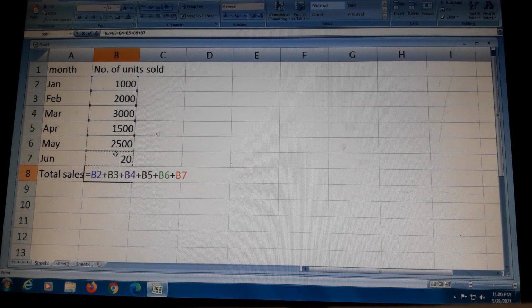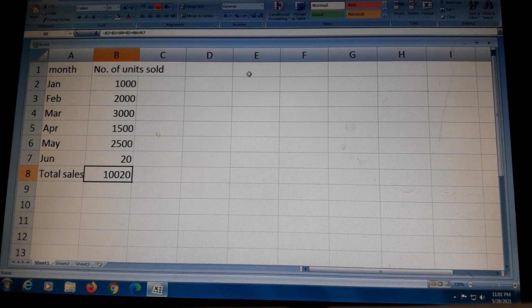Now this is from B2 to B7, from January to July, where we want to calculate the total sales. Then press Enter after entering the cell addresses which you want to add, and the sum will display in this cell also. Now what we have done is, in this cell we applied the formula, so the formula bar displays the addition of B2 to B7 cells. This is our simple formula.